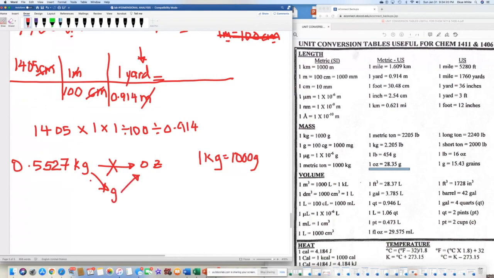So we got this conversion here. That's this, kilograms and grams. Now we got grams and ounces. That would be this one here: 1 oz equals 28.35 grams. This next one connects grams and ounces, so that's the best. Okay, so now let's work it out. We start with our number,